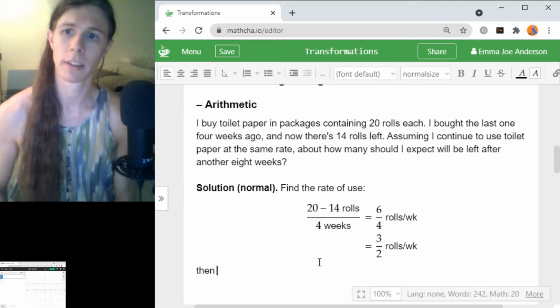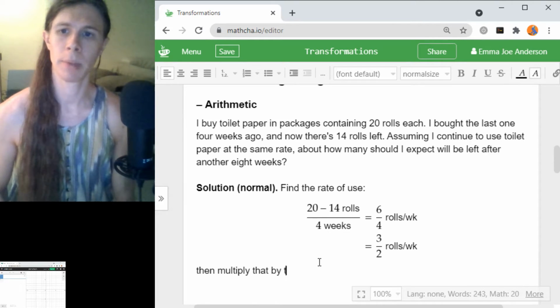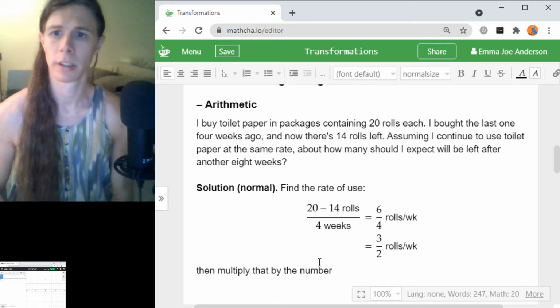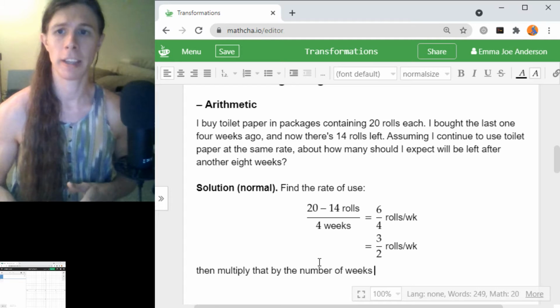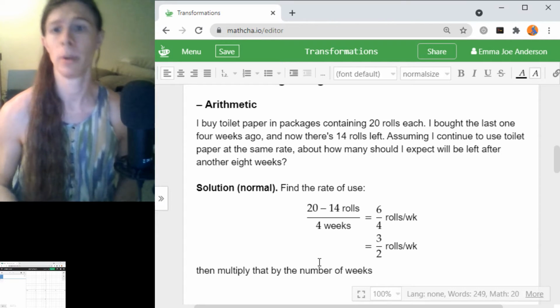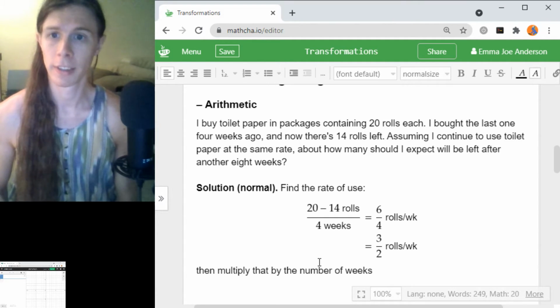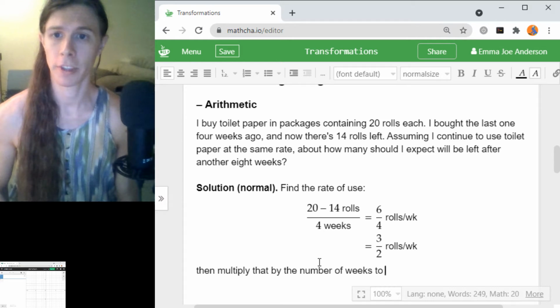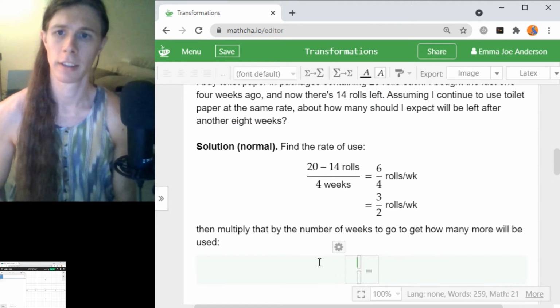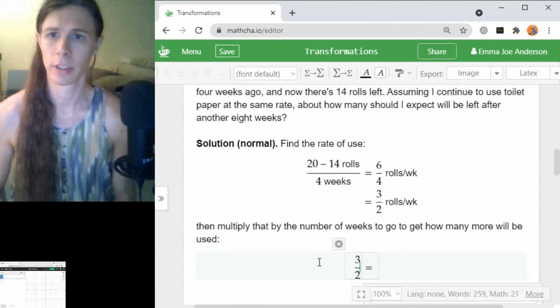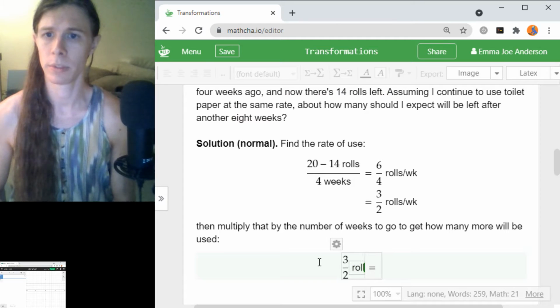Then multiply that by the number of weeks. So how many are we left with after another week? So multiply that by the number of weeks to go to get how many more will be used. So you take 3 over 2 rolls per week